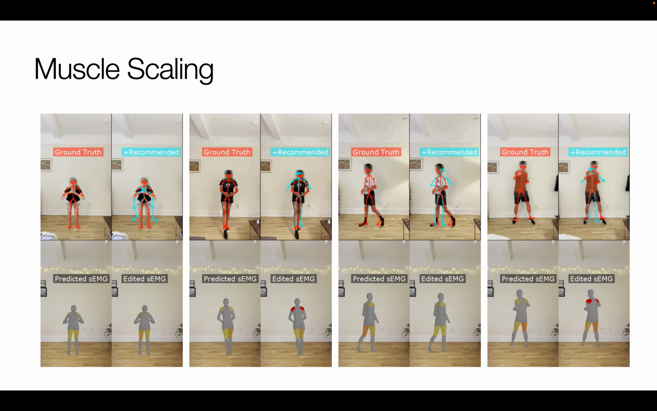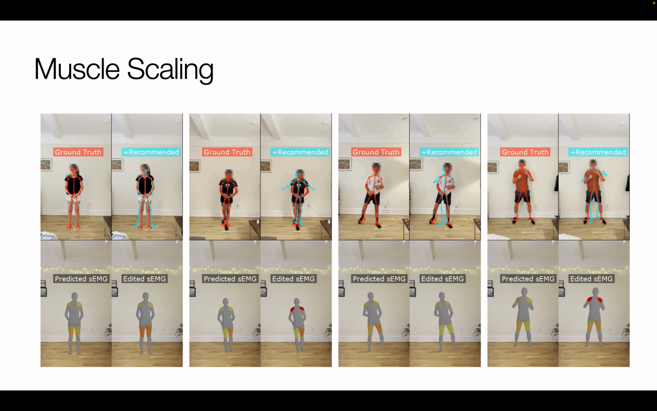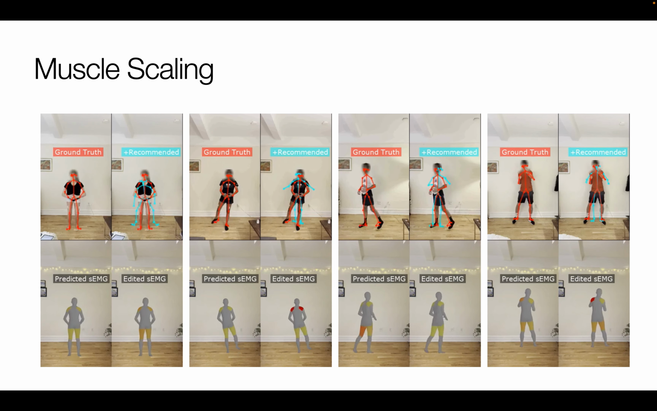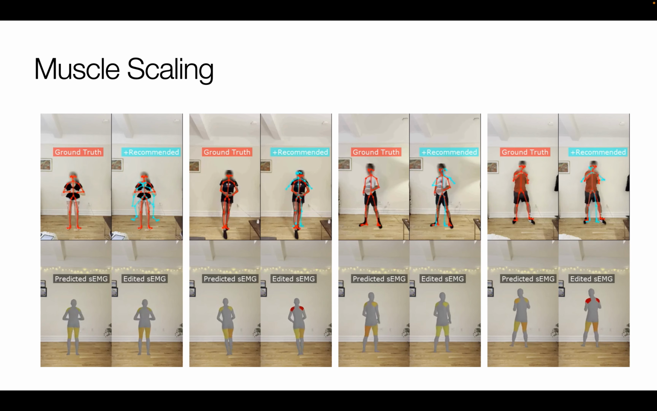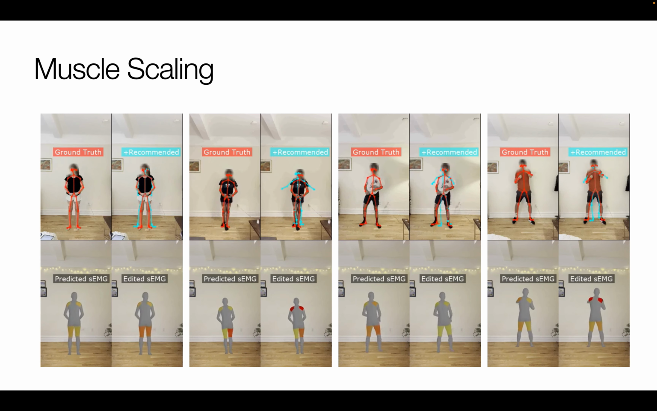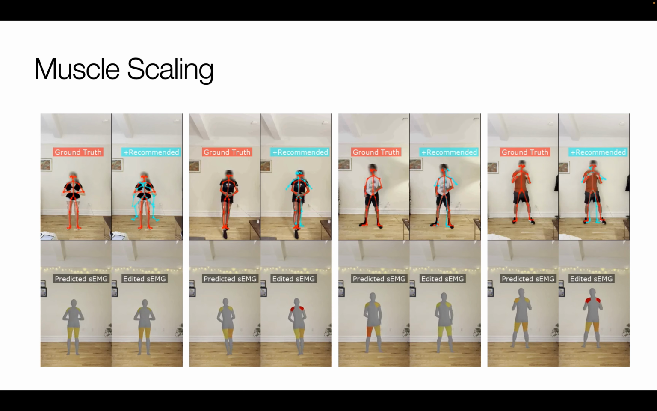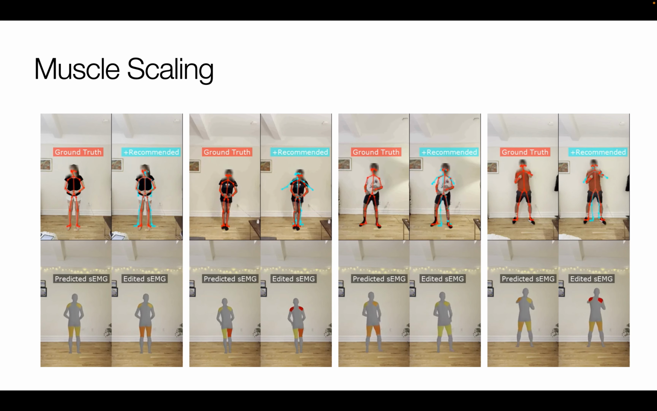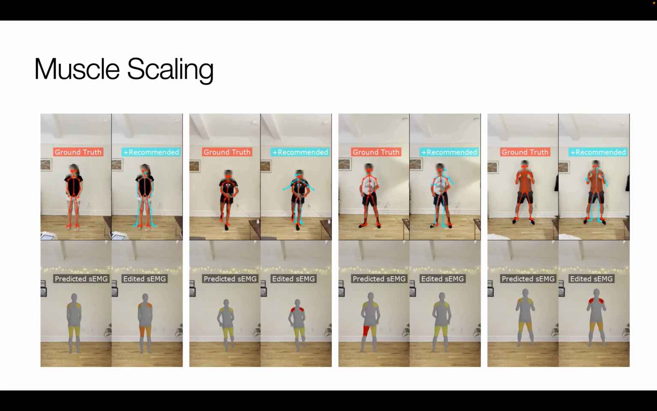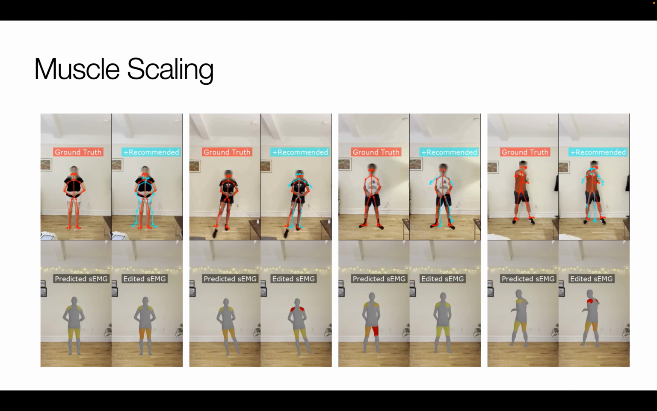The first video has a squat as the motion input. We first use our encoder to predict the muscle activations for each muscle, and then we scale the predicted hamstring and lateral activations with a scalar greater than 1 before decoding to motion. We notice that the recommended motion is similar to the input motion except that the feet are wider apart, thus